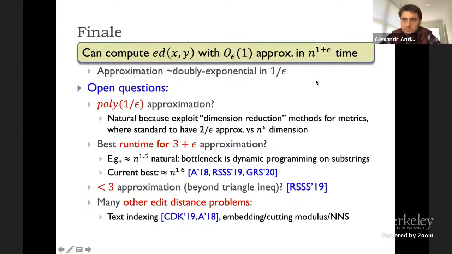Can I ask a question? Yes, please. I can see the CDK reference on your last slide. What is this paper? It's by Chakraborty, Das, and Koucky. This is a subset of the authors of the FOCS 18 best paper, but they get constant approximation. What they get is that for text indexing, you can get constant factor approximation in time